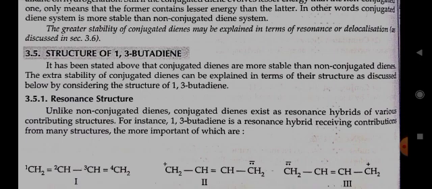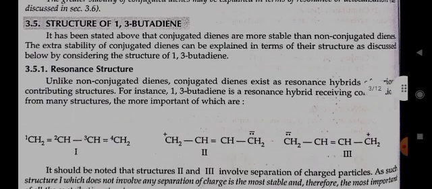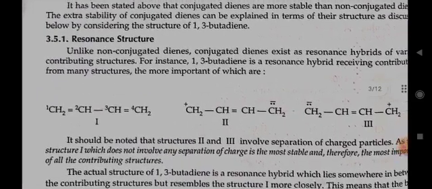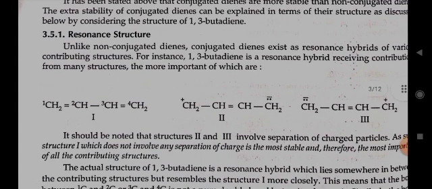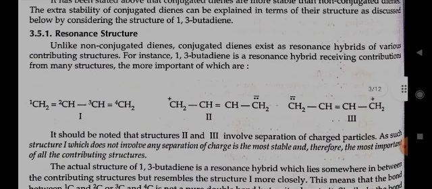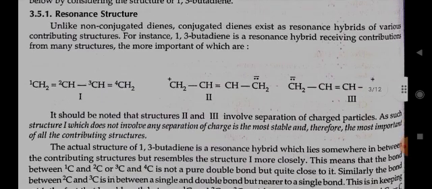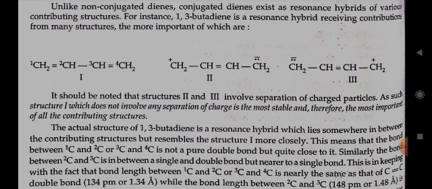Structure of 1,3-butadiene. It has been stated above that conjugated dienes are more stable than non-conjugated dienes. The extra stability of conjugated dienes can be explained in terms of their structure, as discussed below, by considering the structure of 1,3-butadiene. Resonance structure. Unlike non-conjugated dienes, conjugated dienes exist as a resonance hybrid of various contributing structures. For instance, 1,3-butadiene is a resonance hybrid receiving contributions from many structures, the more important of which are 1, 2, and 3,